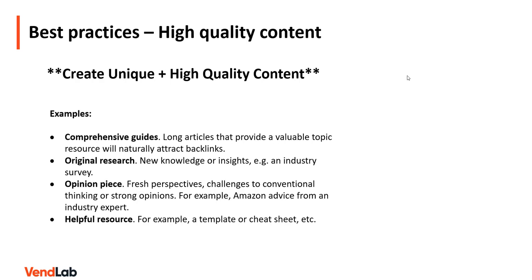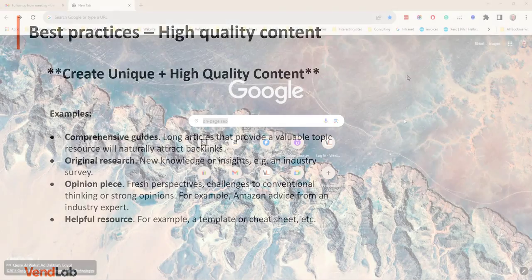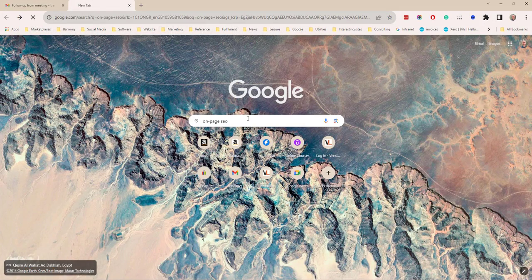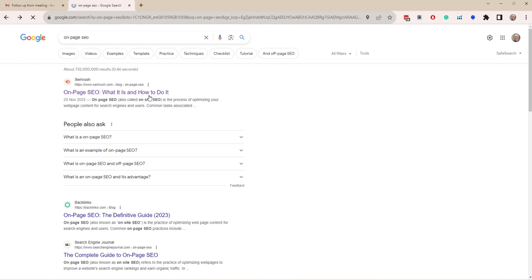Examples of where you can create unique content are comprehensive guides. Long articles provide a valuable topic resource and will naturally attract links. Original research and opinion pieces would add fresh perspectives, and also a helpful resource, so for example a template or a cheat sheet. For example, if we do a search for on-page SEO, if we look at the top result,